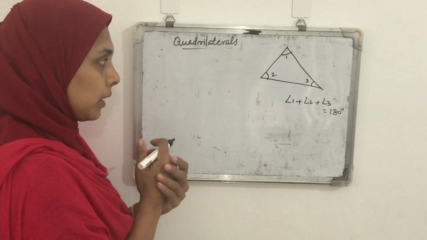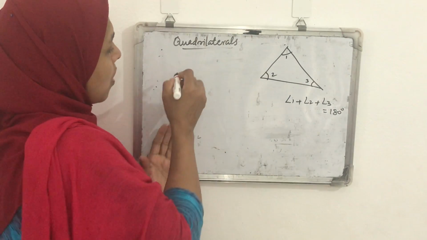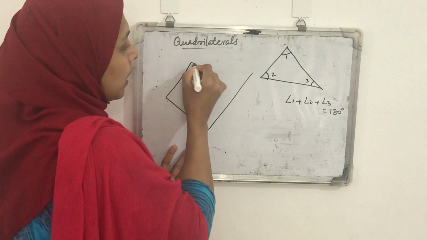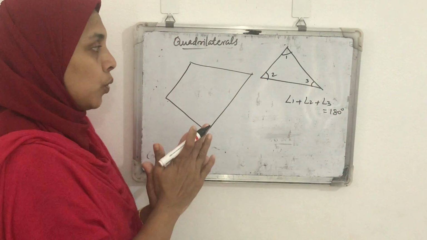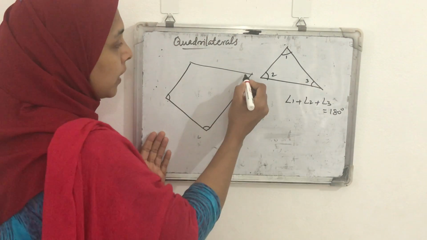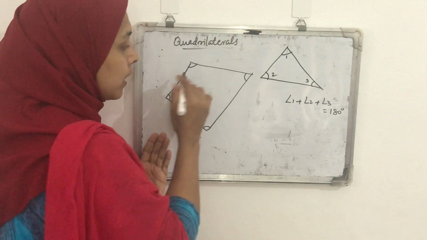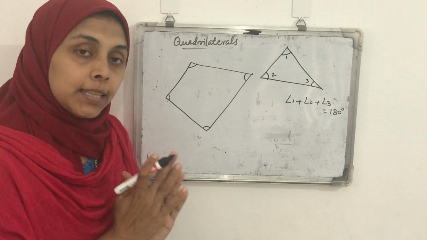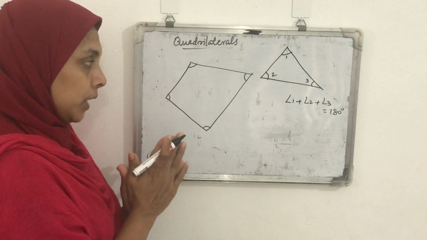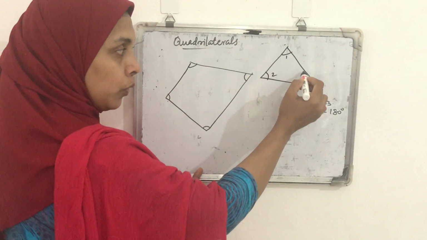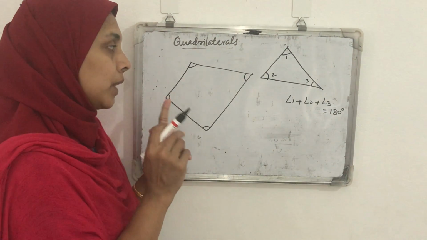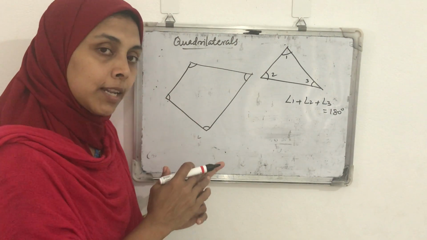And when we consider the quadrilateral, when we draw any quadrilateral, we want to prove the 4 angles of this quadrilateral. The sum of the 4 angles of this quadrilateral is 360. That we want to prove. Then using this angle sum property of a triangle, we can prove the angle sum of a quadrilateral is